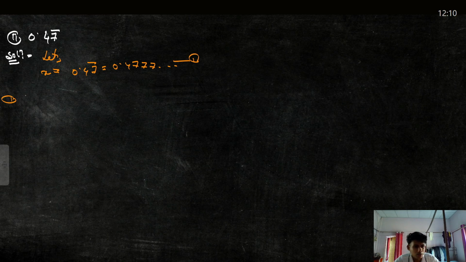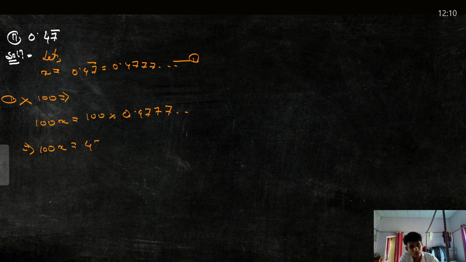Now equation 1, we should multiply it with 100, because after the decimal here are 2 digits. Therefore 100x is equal to 100 times 0.4777 dot dot dot. That implies 100x is equal to 47